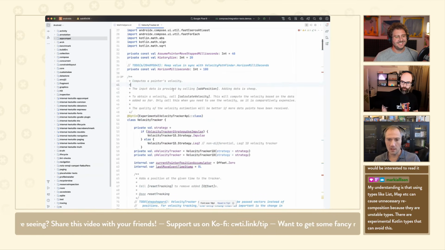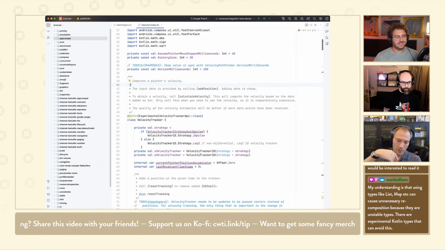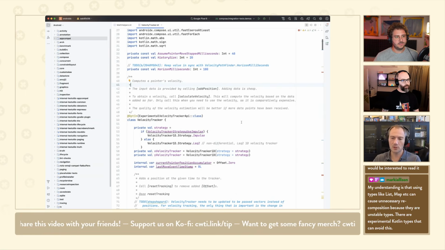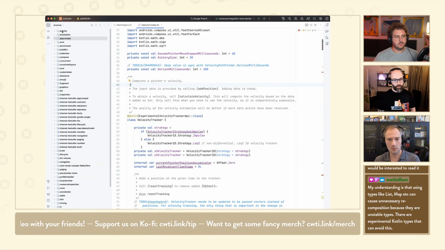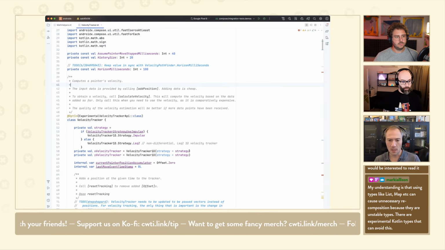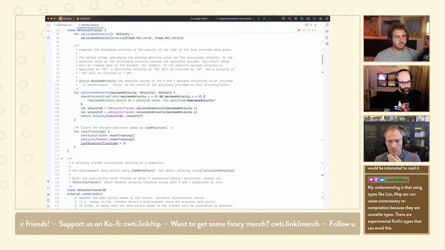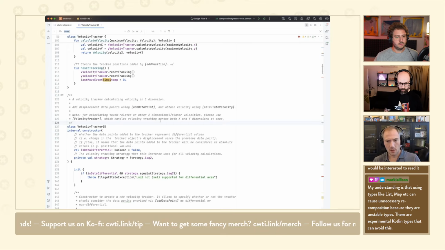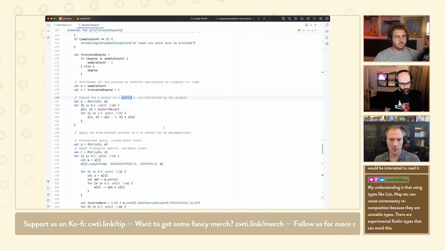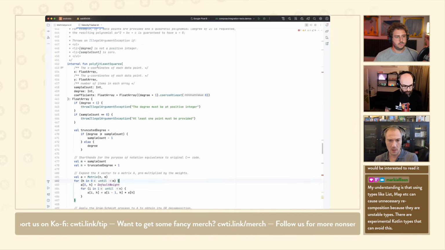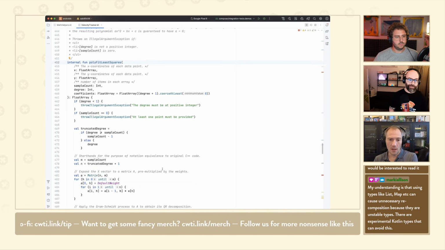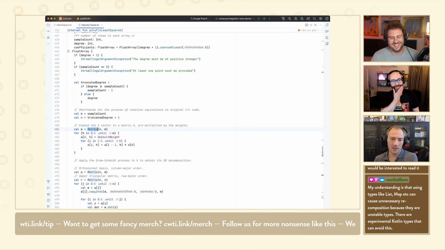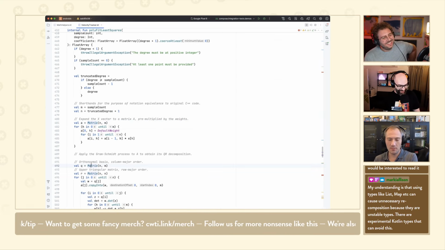Okay, so VelocityTracker, when you do a fling on a list or a scroll, that's the code that's responsible for computing how fast the list should scroll and animate. I won't go into the details of the implementation, but somewhere we make heavy use of a least squares polynomial fit, and it uses matrices.